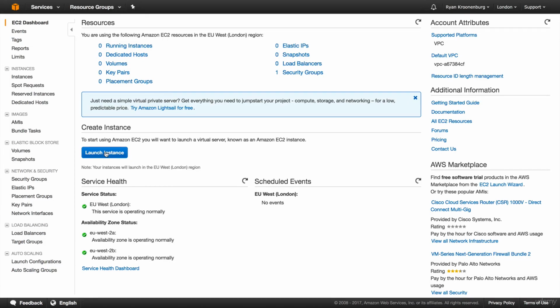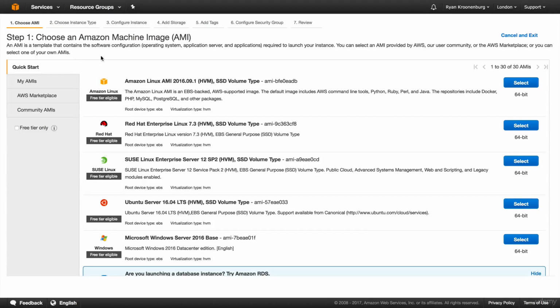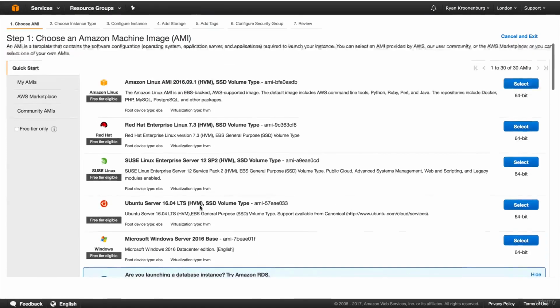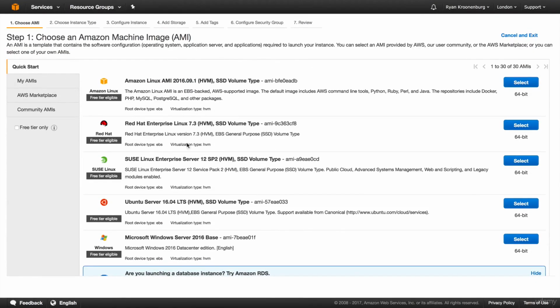So we do that by clicking here and go Launch Instance. So here we can see all our different Amazon machine images, or AMIs, and these are basically snapshots of virtual machines that you can then provision and boot up. So we've got a whole bunch of different flavors here. We've got the Amazon Linux AMI, we've got Red Hat Enterprise Linux 7.3, we've got SUSE, we've got Ubuntu, we've got Microsoft Windows Server 2016, and the actual version numbers of these will change throughout the year,